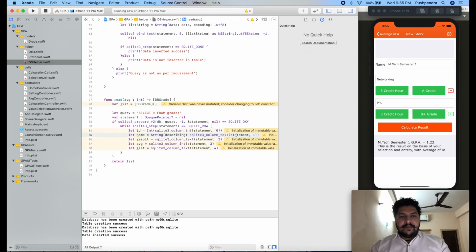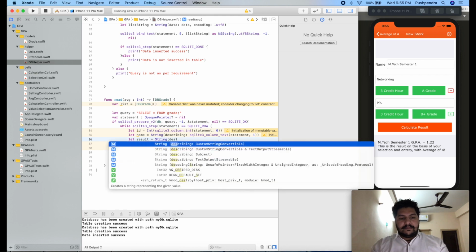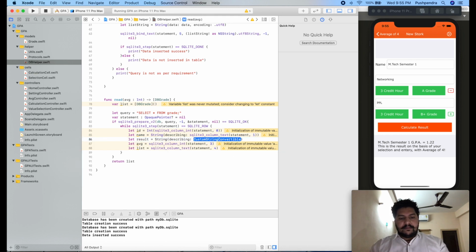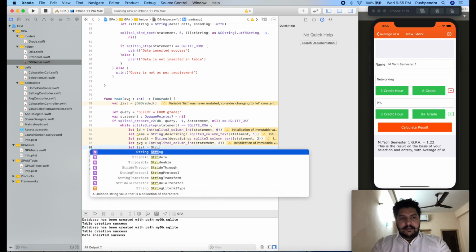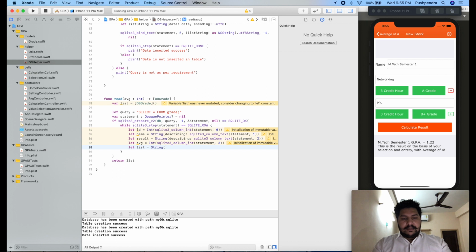Now same we will do for result, and same for average. Average is a type of integer, so here I'll take integer. List is a type of string, String describing.